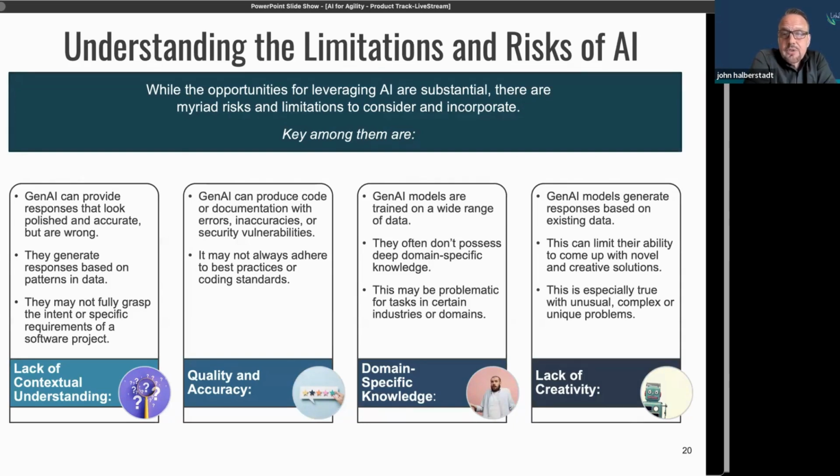So that still, I believe, is in the domain of humans, but you still can use these tools to help you ideate, to refine your ideas, to brainstorm, et cetera. So it's not a binary thing, but in these instances, use it even more thoughtfully and carefully.